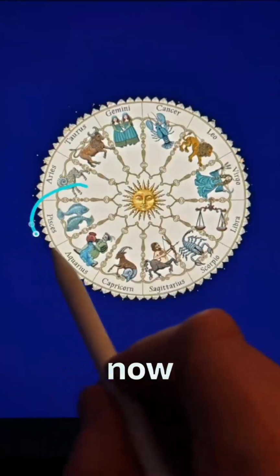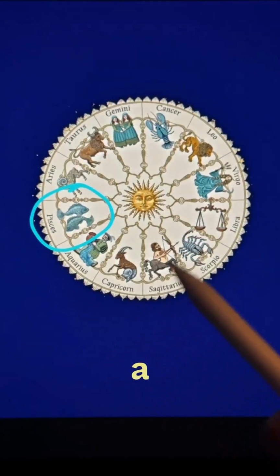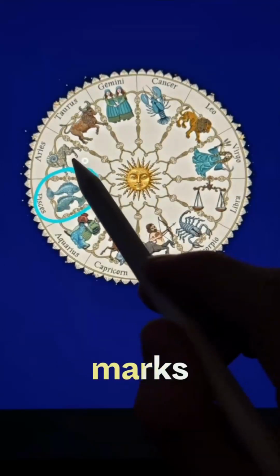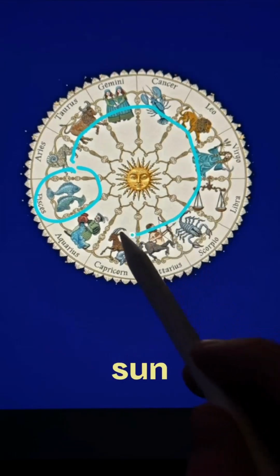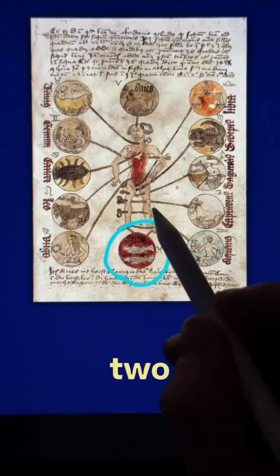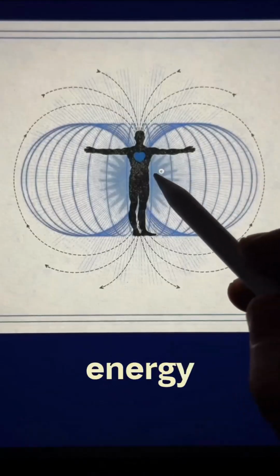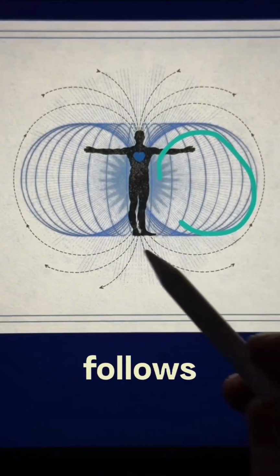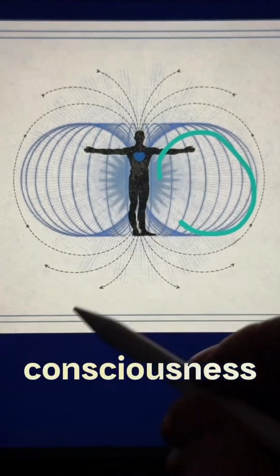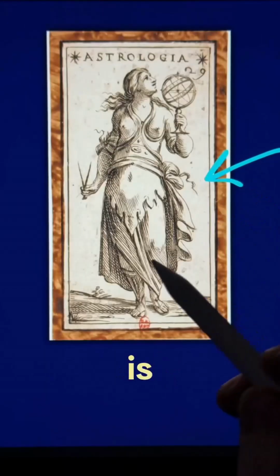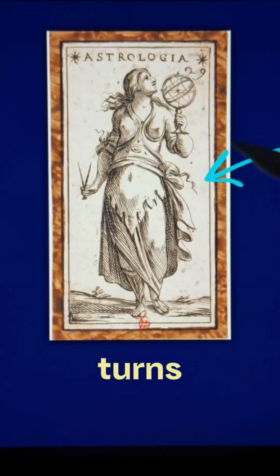The sun has now entered the constellation of Pisces. Let's take a look at the esoteric connections between Pisces and the human body. Pisces marks the end of the zodiac cycle, where the sun finishes its cycle before starting again in Aries. Pisces, representing the ending of cycles, rules the 2 feet on the human body. Just as energy moves in cycles, flowing outward then returning again, manifestation follows the same pattern. Human consciousness expresses energy in repeating cycles as it creates reality. The human body is a living diagram of how consciousness turns into reality.